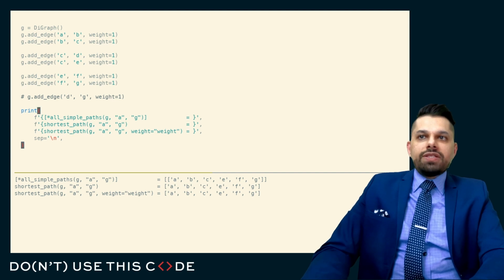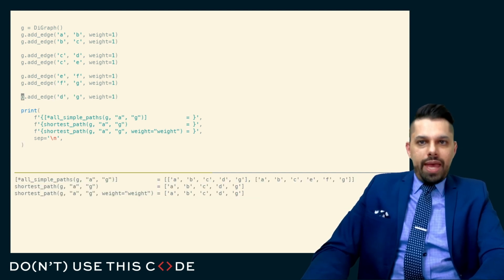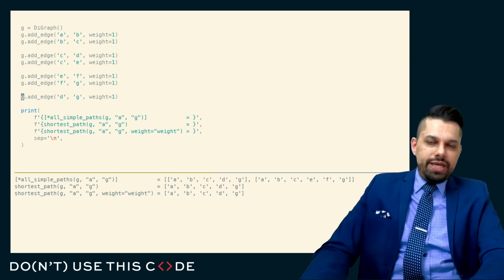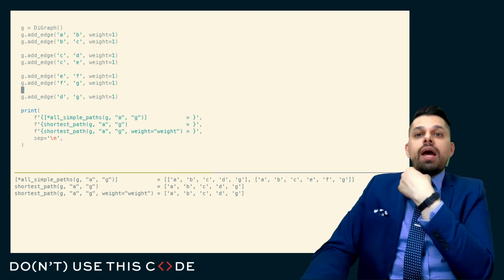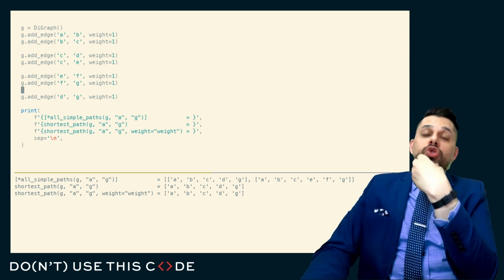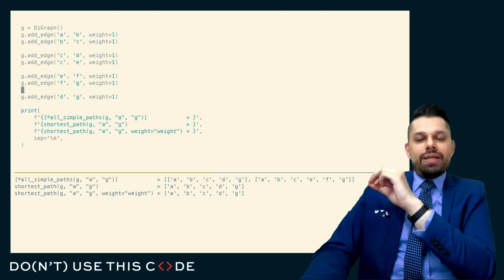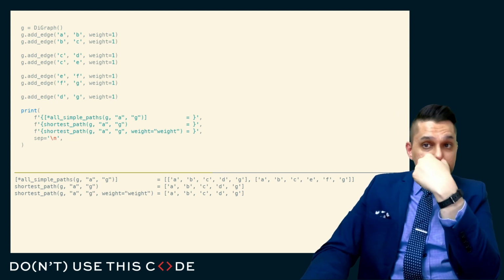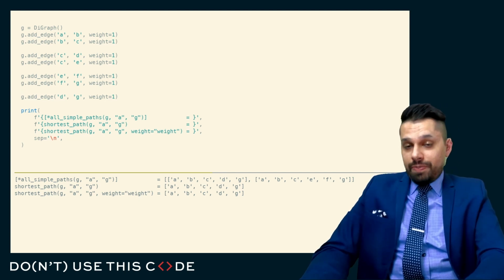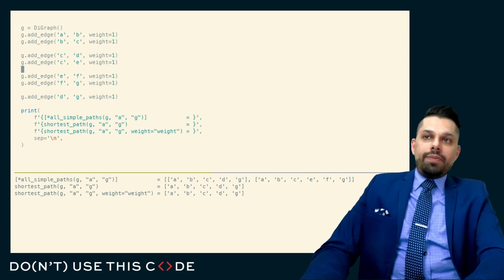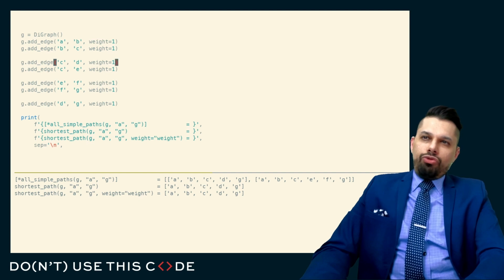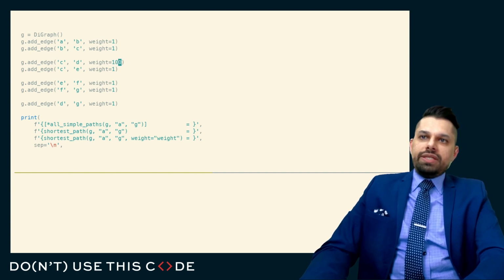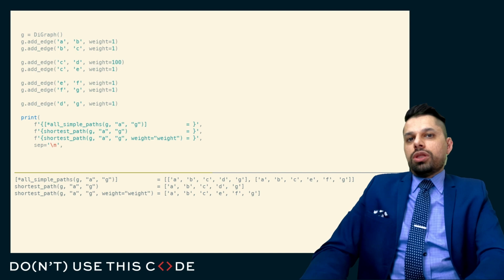And all simple paths gives me every possible way I can get from some starting point to some ending point. Here, if we reintroduce this node, you can see I can get from A to G in two possible ways. I can also ask NetworkX for what the shortest path is. And the default mechanism that it's going to use is the number of hops. I can even ask NetworkX for the shortest path with a weighting, which means that if I make it more expensive to transit through D, then you can see that it'll choose to transit through the longer path through E